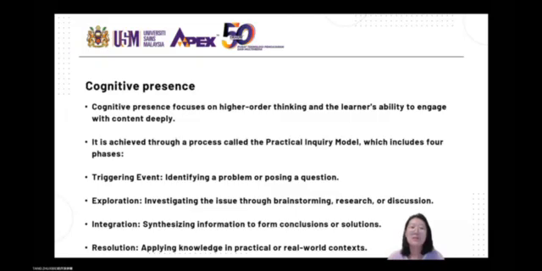And then the cognitive process. Cognitive process focuses on higher order thinking and the learner's ability to engage with content deeply. It is achieved through a process called the practical inquiry model, which includes 4 phases: triggering events, identifying a problem or posing a question,